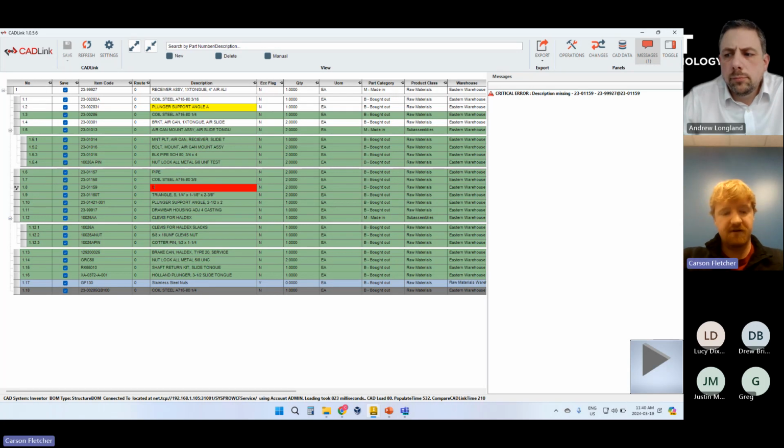So if I enter in a new description here, when I do that, the red highlight goes away, my message goes away, and my save button is re-enabled. It's checking those rules live here in the interface. But now when I save in CADLink, not only will I create this part in SYSPRO, create that stock code, and give it the description that I've entered in CADLink here,